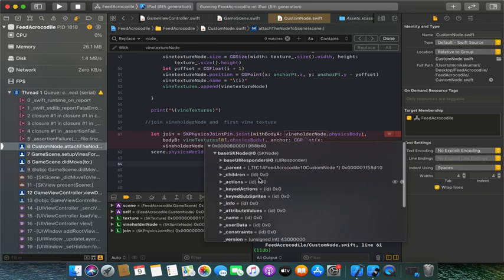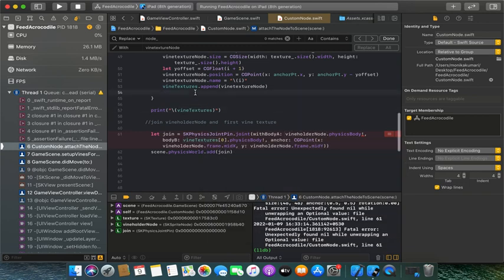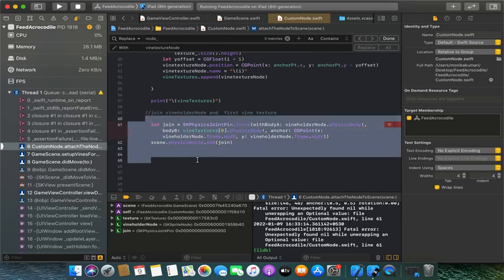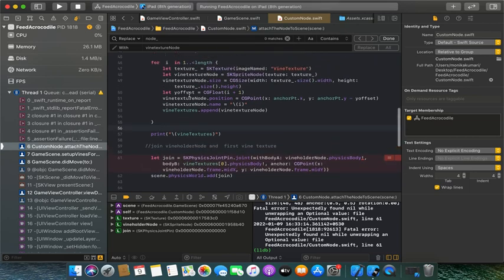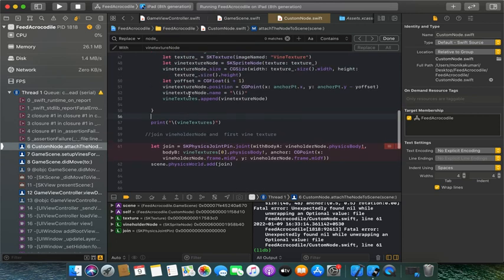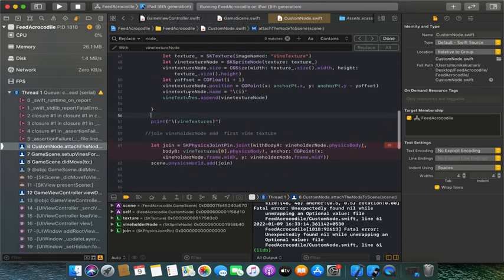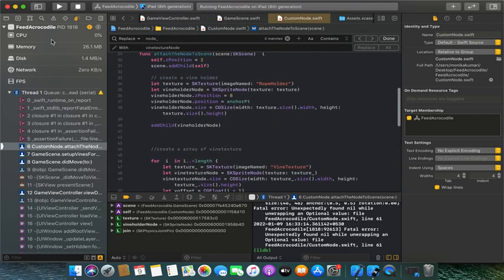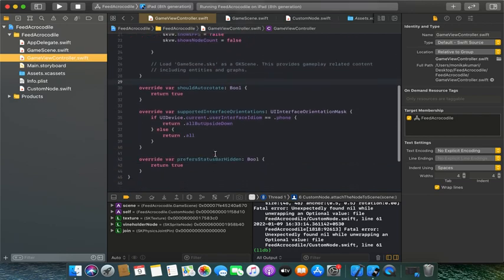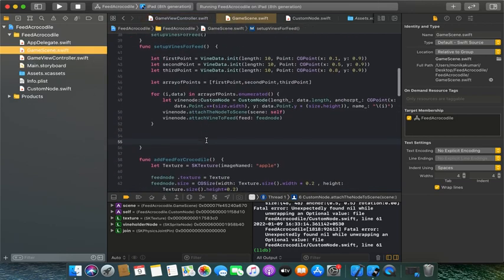Because I haven't added the physics to the wine holder, this is making the app crash over here. I need to add the physics body also to my wine holder and to my wines. So let me add physics to my wine holders. For adding wine holder physics, let me copy the code from the feed physics and physics body